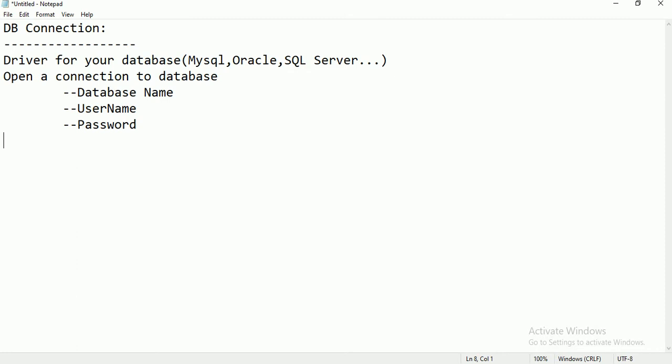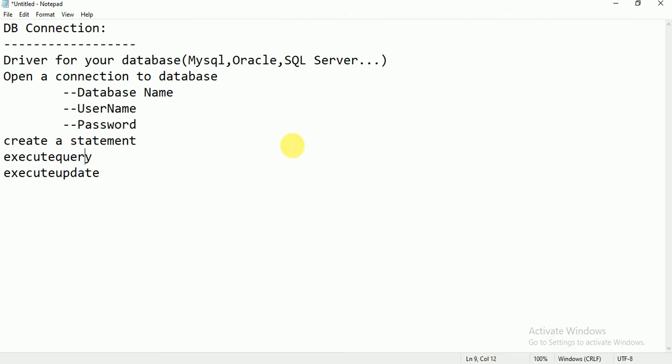Once you have opened the connection to the database, you need to create a statement. By using a statement only we can execute the queries, guys. For executing a select query we need to use execute query, or if you want to execute an update query, you can use execute update.